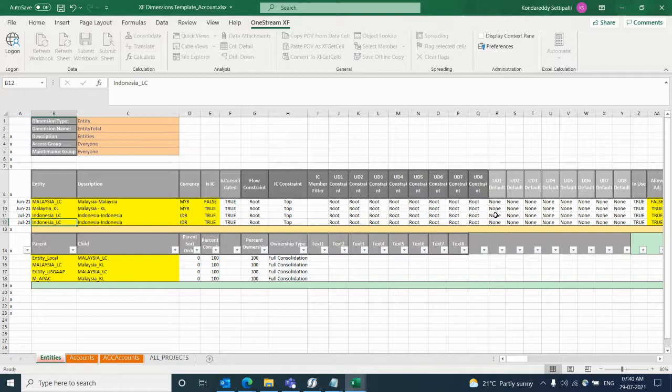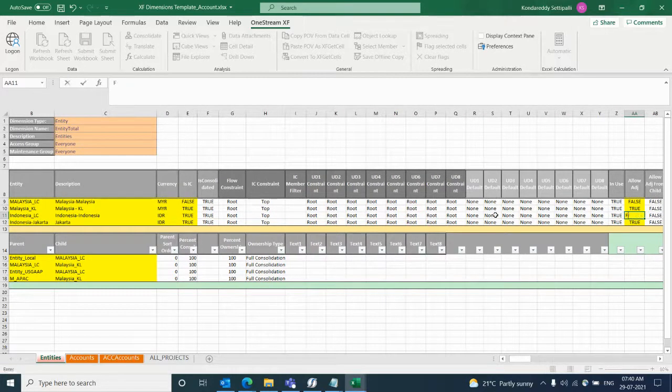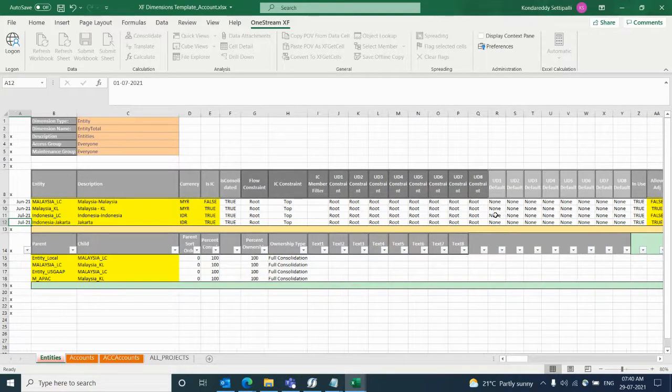So I give the name Indonesia hyphen Jakarta. The currency will be the same. For the parent there's no need to enable any adjustments, so I'll just disable adjustments as false here, but for children we will enable it, because the children is the one which will have the data, right?